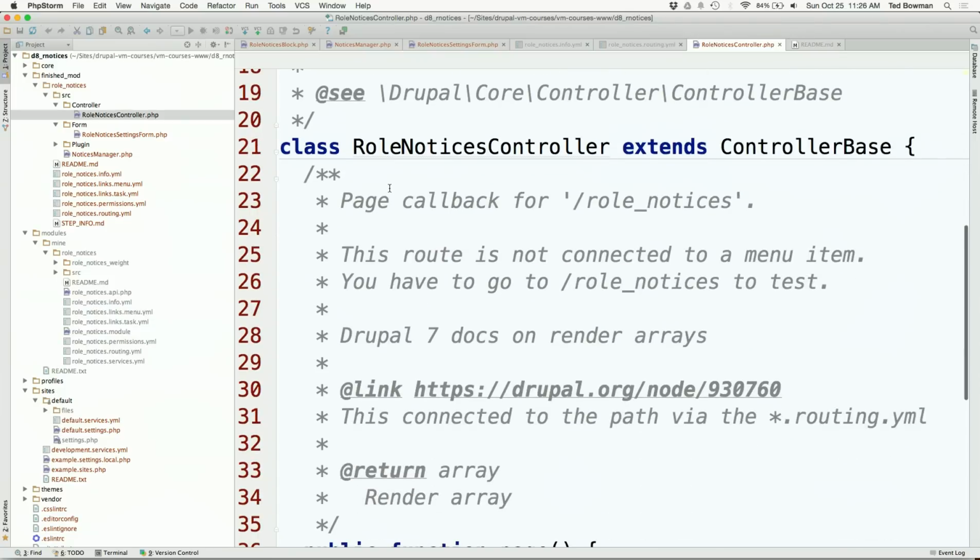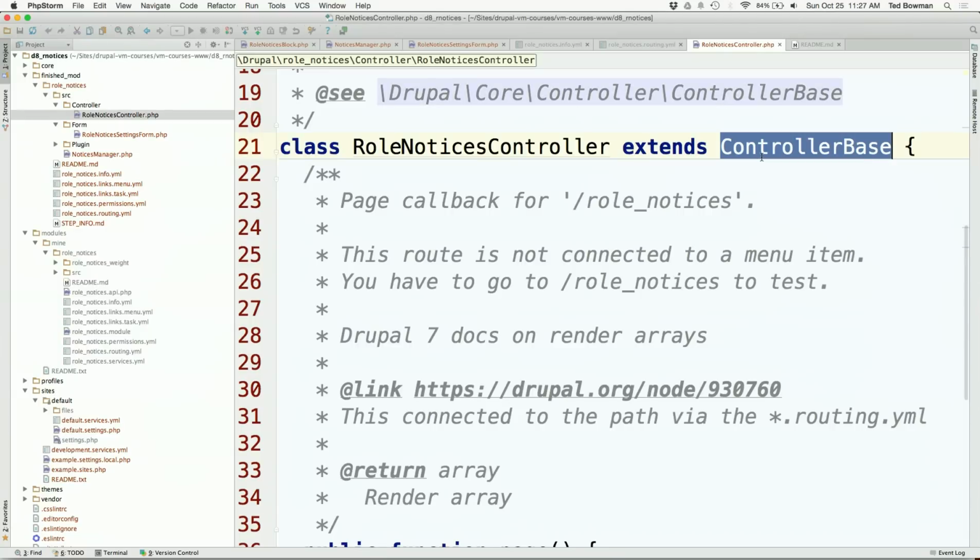In Drupal 8, you're actually extending a lot of classes that Drupal core provides. How I learned it is I tried to look at the most simple examples and see what they were doing, and then try to extend the same classes. I think I initially got this from the help page, because it's one of the easiest pages on Drupal. So basically, I'm extending something called ControllerBase, and this is just going to give me some convenient